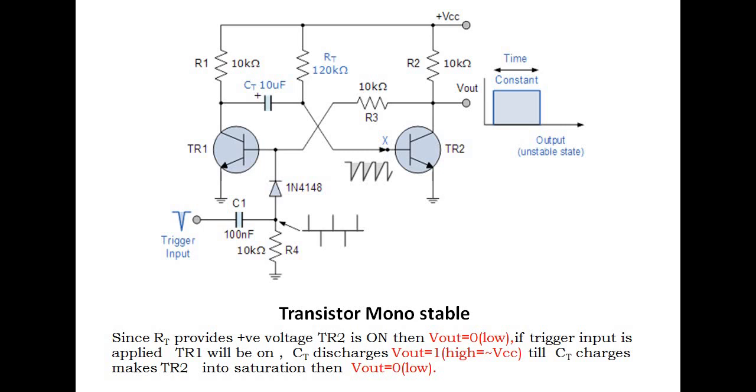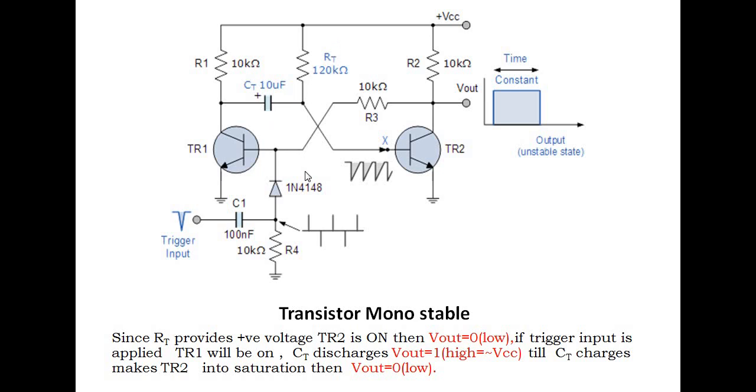But there is a difference between these two circuits. This is not a symmetrical circuit. Symmetrical circuit means if you draw the line exactly at the center, if you have the same component count at both the sides, that circuit is called a symmetrical circuit. This is absolutely not a symmetrical circuit. Look at here. On the left side, on TR1 side we have a capacitor, on TR2 side we don't have any capacitor. So this is a completely unsymmetrical circuit.